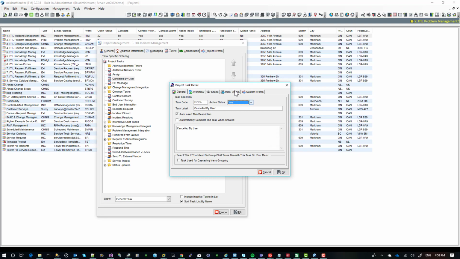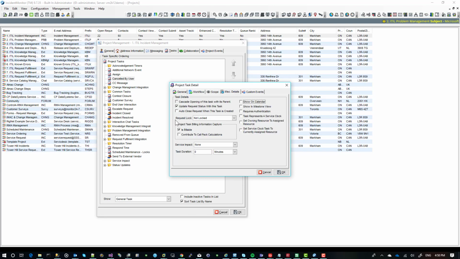So the first thing we've added is under the request locking. Now you can actually specify no change. So that basically avoids you from having to set the particular state. So if you have a request or a task that locks a request mid workflow or something like that, you don't actually have to keep adding that same state to the rest of the subsequent tasks. You can just leave it at no change, and it'll